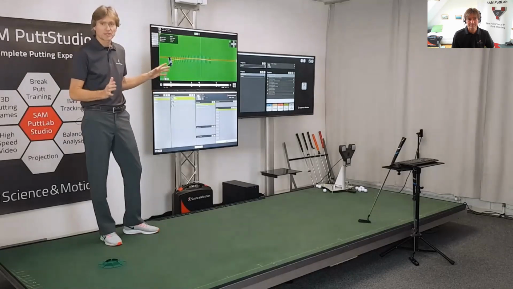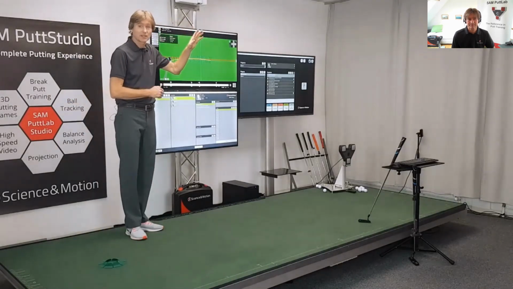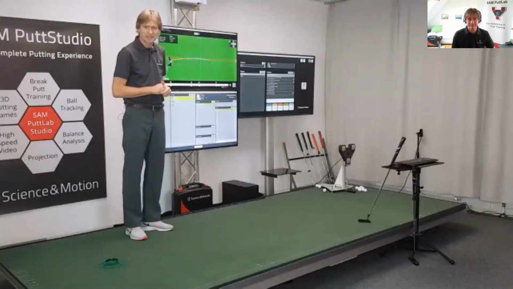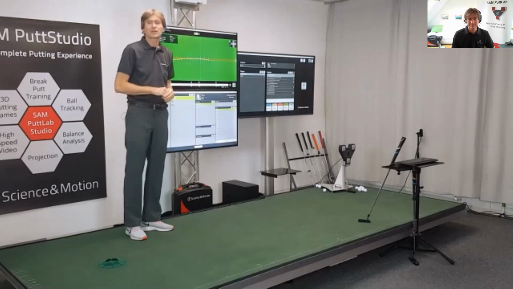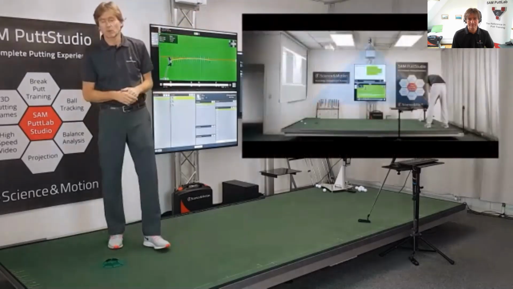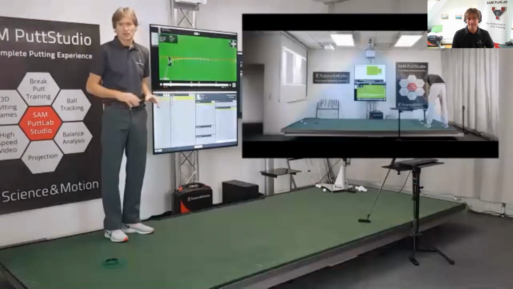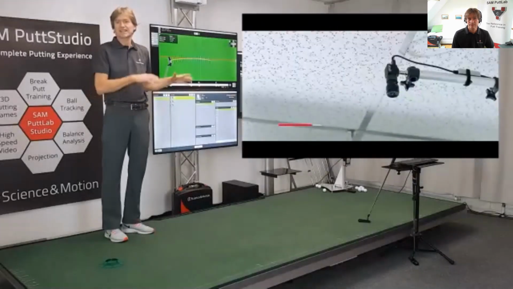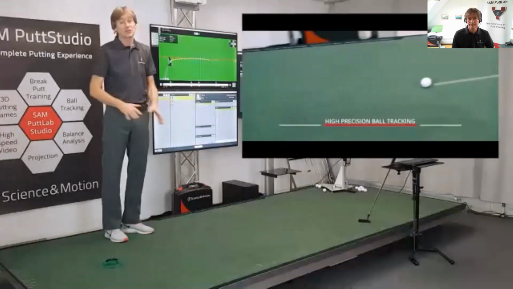So actually what we do now is not only using PuttLab Video 3D, we will also use the high-speed ball tracking camera, which is mounted to the ceiling. This is at a frequency of about 100 Hertz, which is enough to give you accurate data on your putt. This is actually like a launch monitor for putting, extending the data from your stroke into the putt,